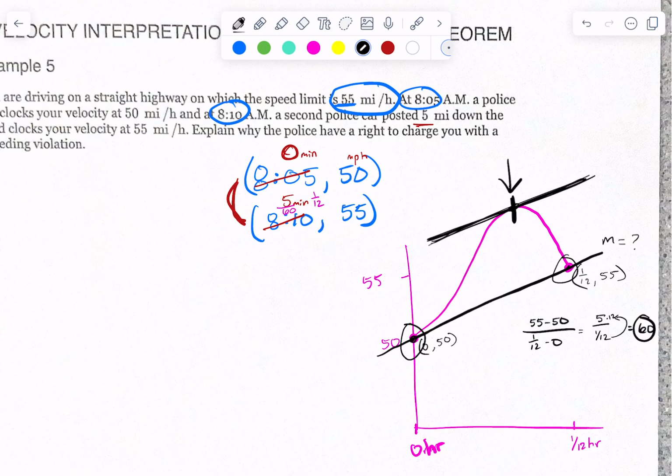The derivative equals 60. But I don't have a function. We can make one. No, we can't, because we don't know. This is the problem. We don't know if I sped up right